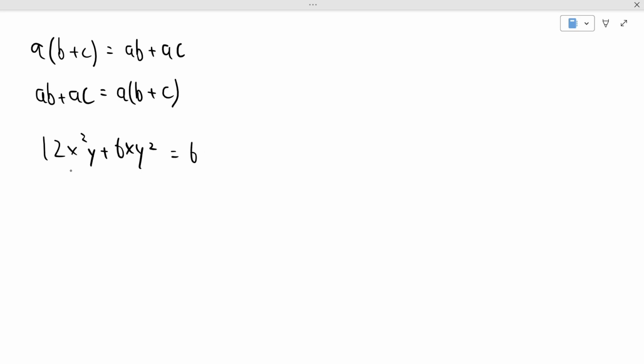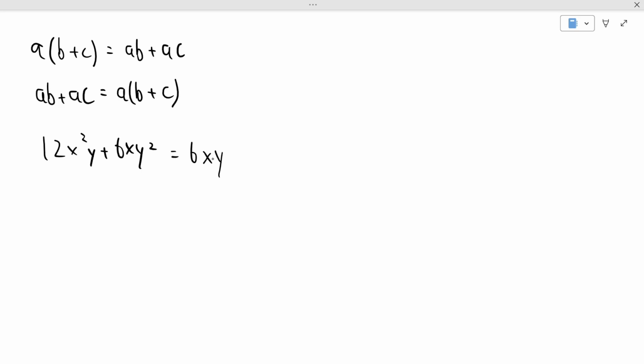We have an x squared in the first term and an x to the 1 in the second term, so we can only factor out an x to the 1 from both terms. We have a y to the 1 in the first term and a y squared in the second term, so we can only factor out a y to the 1 from both terms. Therefore, the greatest common factor is 6xy, and we should factor out a 6xy from both terms and put it